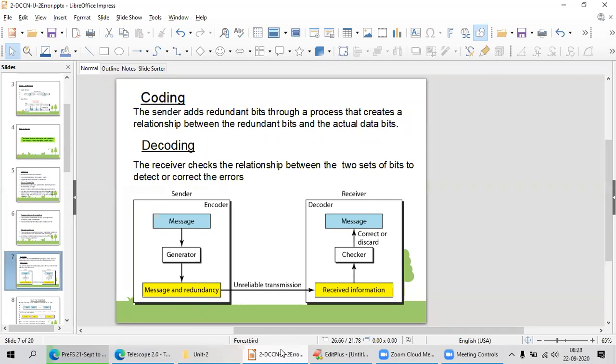If he does not find zeros after each and every character of your message while checking, he will directly throw that message into the dustbin. This is the coding and decoding process in error correction and detection.